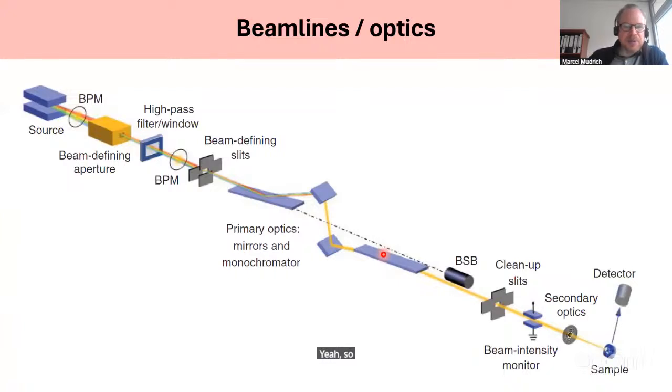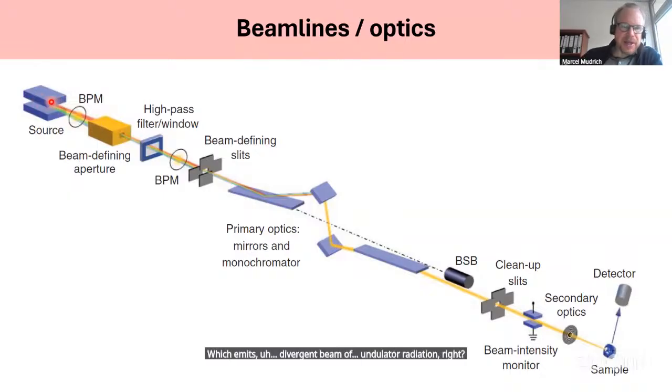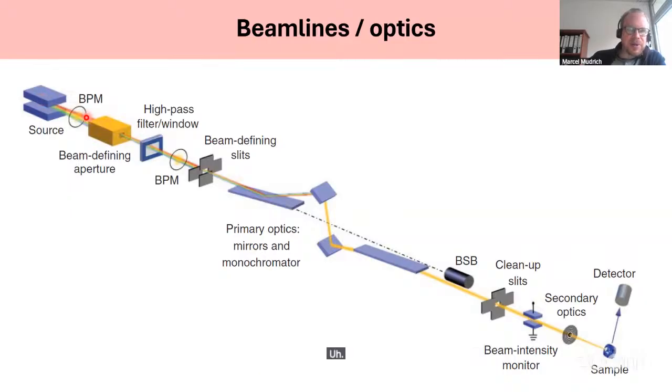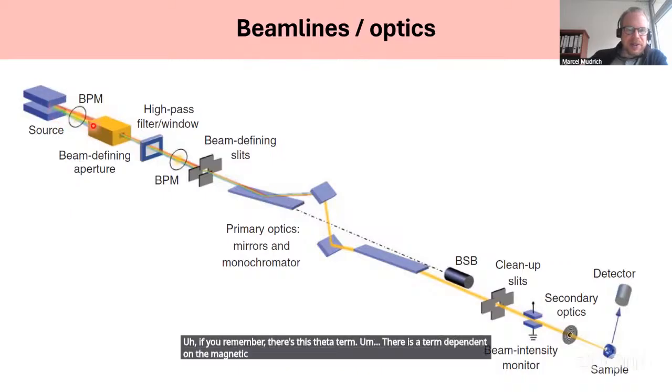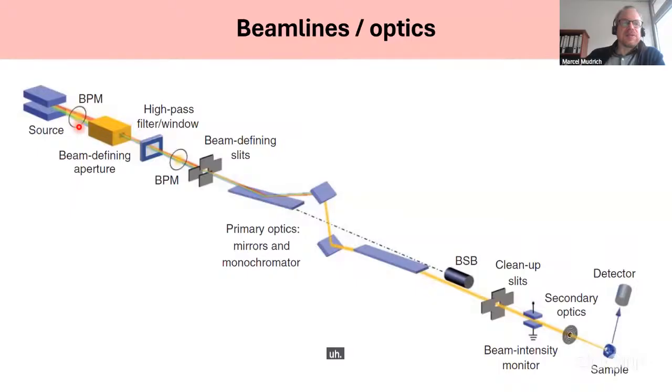Yeah, so this is a typical sketch of an X-ray beamline. On the very left, top left here, this is the source, the undulator, which emits a divergent beam of undulator radiation. Right, there is an angle dependence. If you remember, there's this theta term. There is a term dependent on the magnetic field, and so in the end, we get this radiation made up of various harmonics, and even each harmonic has some finite